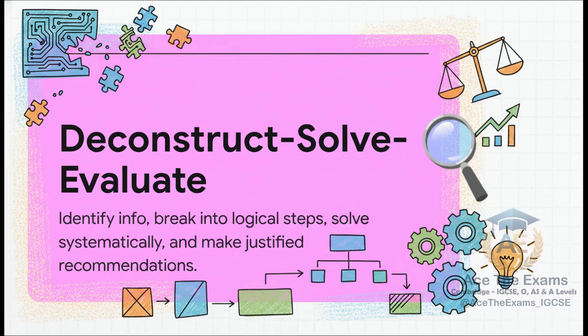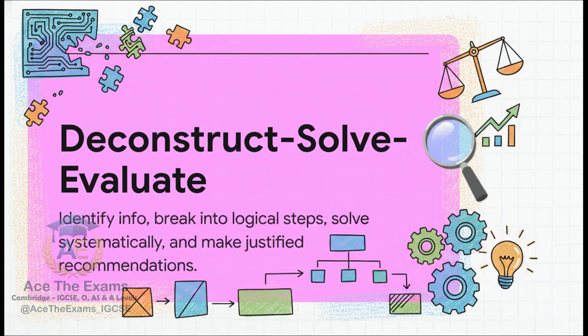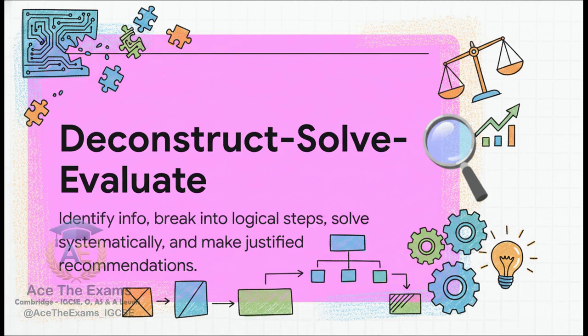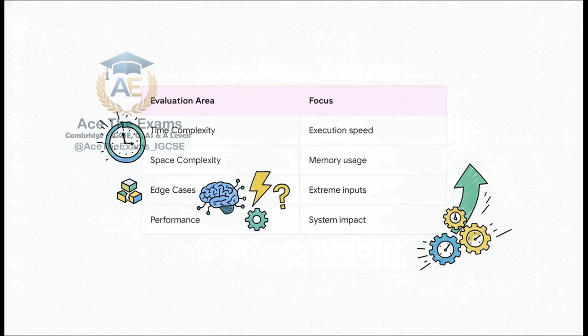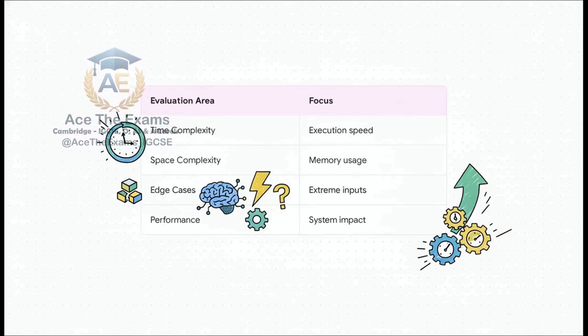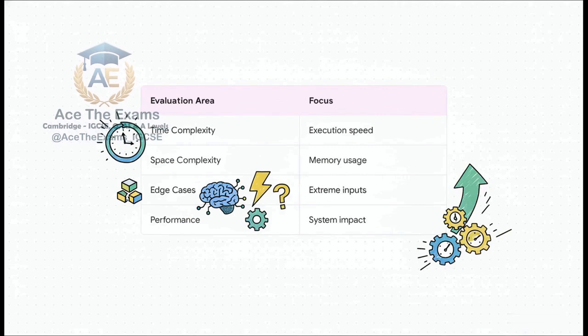You pull those variables out. Then you solve by breaking the massive problem into logical, bite-sized steps and calculating systematically. Finally, you evaluate. You step back, check your solution for reasonableness, and make heavily justified recommendations on the system's performance. This specific workflow forces you to analyze effectively rather than just guessing or brain dumping. Now, when examiners explicitly ask you to evaluate algorithm quality in these control systems, you absolutely must address 4 specific